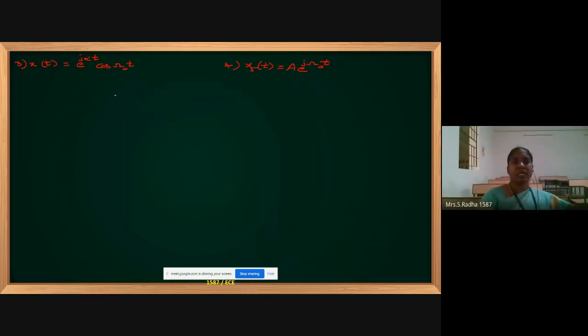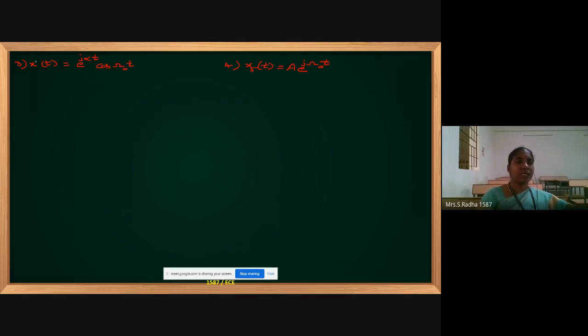Both the signals are exponential signals. Here x5 of t means the name of the signal, you need not get confused. X5 of t means the y-axis; when you write the name of the signal, it should be x5 written. The question itself gives the name of the signal, so we have nothing to do in that. And now coming to x of t, the first one, exponential signals.